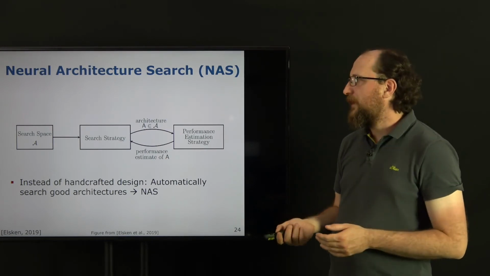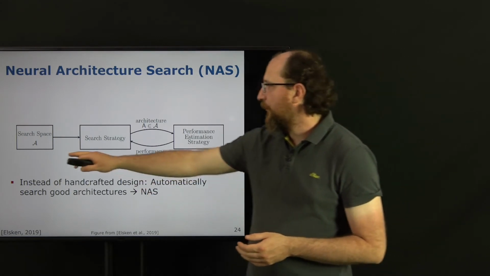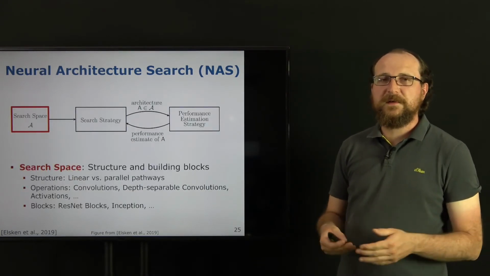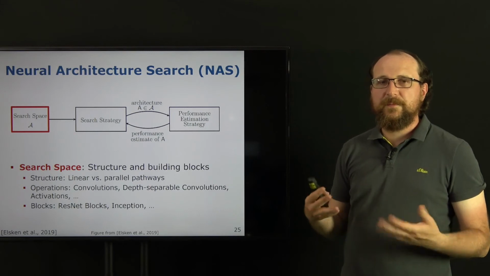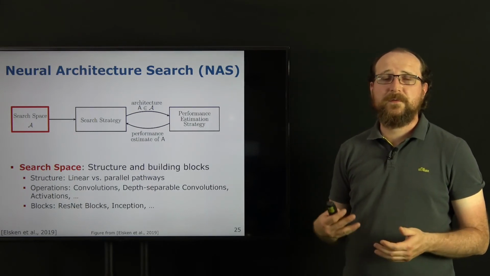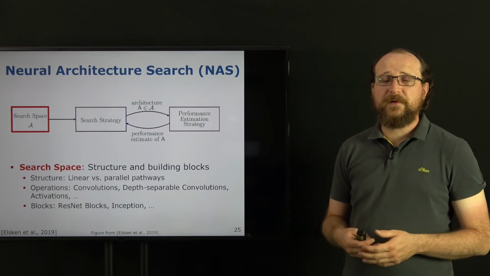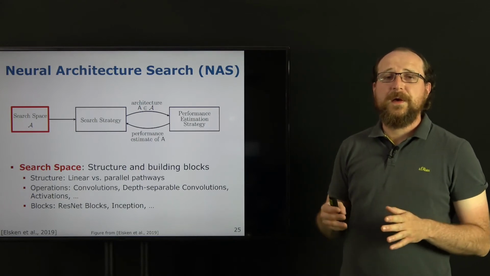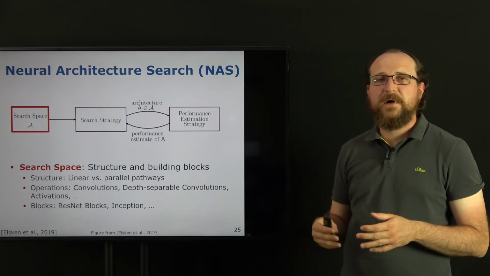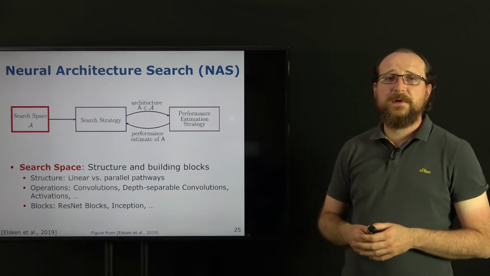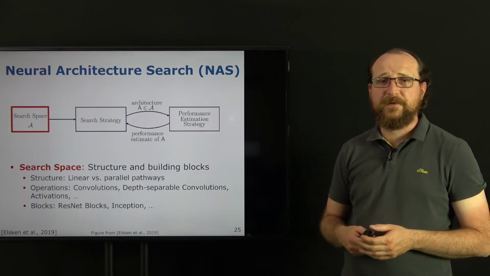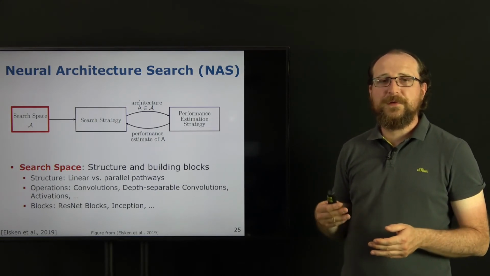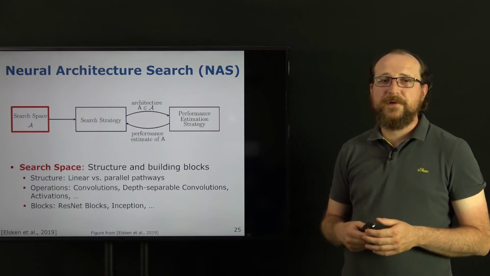And in this neural architecture search, we now have 3 parts: the search space, the search strategy, and the performance estimation strategy. The search space is basically the operations or building blocks and structure of the network that we want to explore. From the structure side, it can be just a linear stack of operations or layers, but it could also have parallel pathways, where we have multiple paths like an inception structure, but also, from the operations side, different convolutions, the depth-wise separable convolution, for instance,